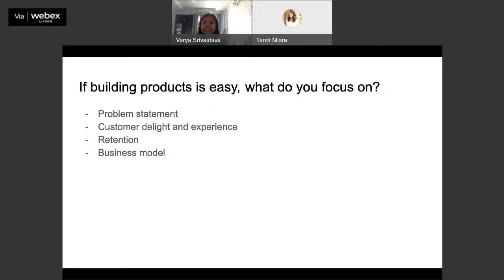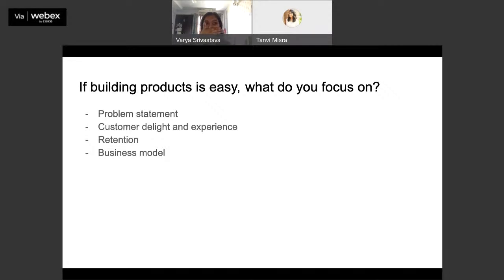So the first is actually thinking on problem statements. You'll be surprised to know that, say if you're an ed tech entrepreneur, you know broadly the things you are solving for. What differentiates a successful entrepreneur from an unsuccessful entrepreneur is just their understanding of the problem statement and their insight on how to address the problem. If you don't get that part right, you can build a very good product and have it completely fail.